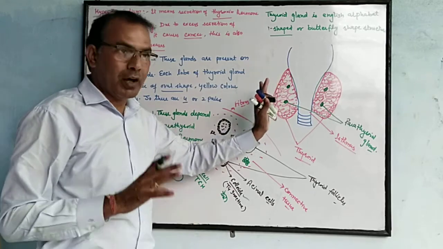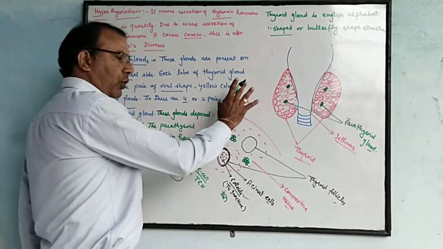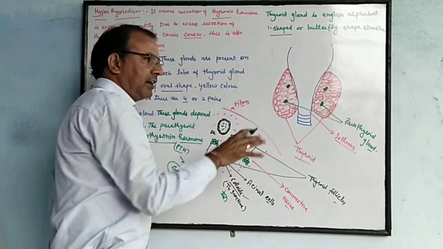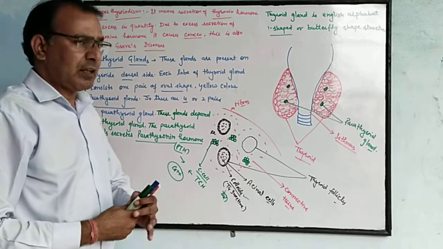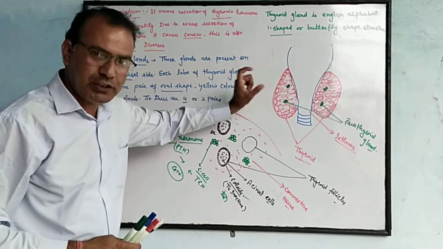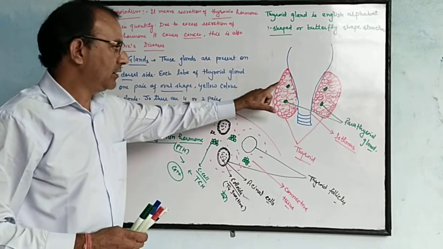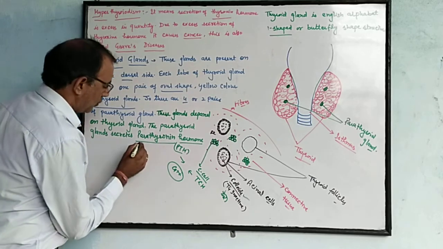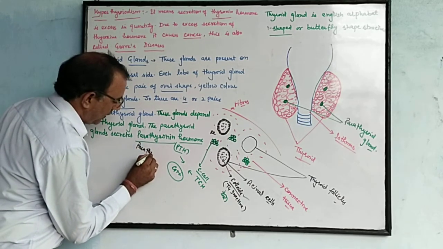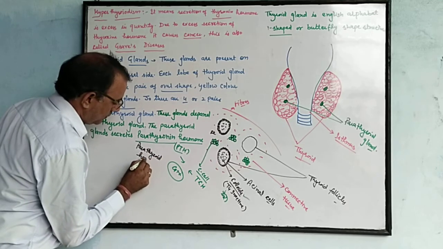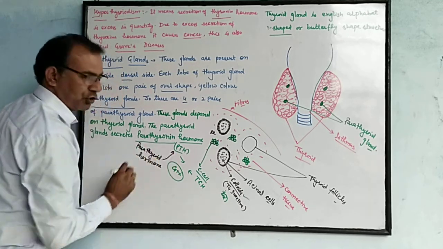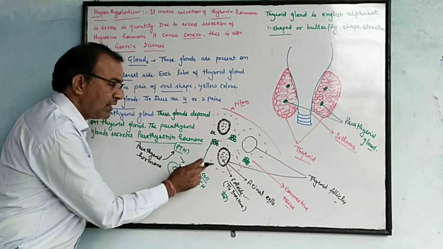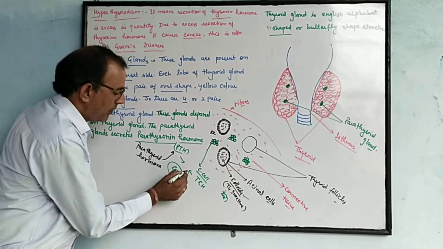One pair of parathyroid glands is present in each lobe. On the dorsal side the thyroid gland is not attached; both lobes are separate. On the ventral side it is attached with the isthmus. The parathyroid glands present in each lobe are oval shaped and yellow pigmented, and they secrete parathyroid hormone, or PTH. The function of PTH, with thyrocalcitonin secreted by the C cell, the parafollicular cell, is to maintain